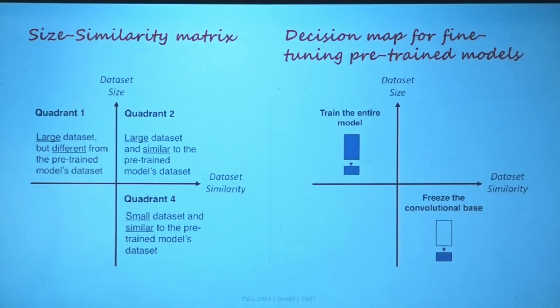What is strategy 2? Freezing a few layers, not exactly half, and training the other layers. Now tell me, will you freeze the top layers of the network or the bottom layers? You freeze the bottom layers and train the top layers.